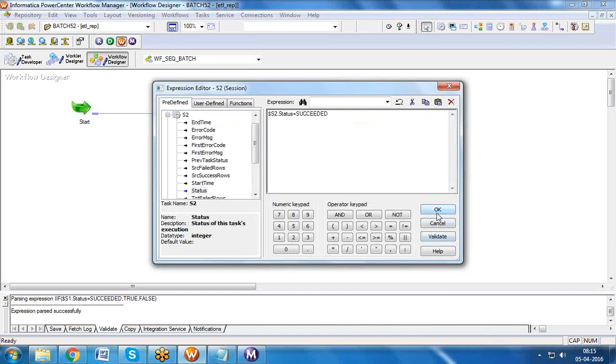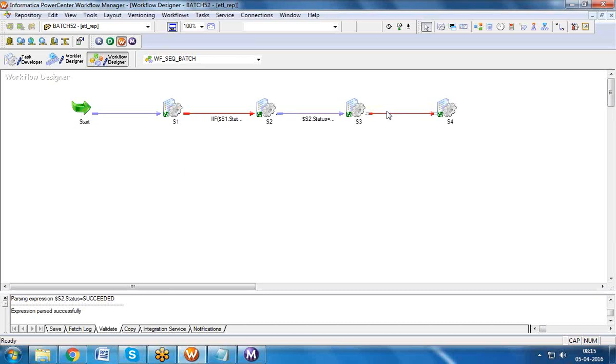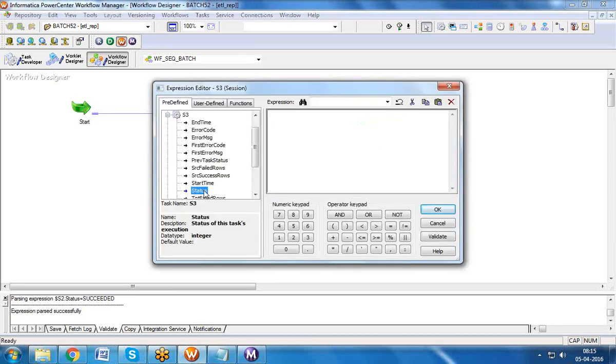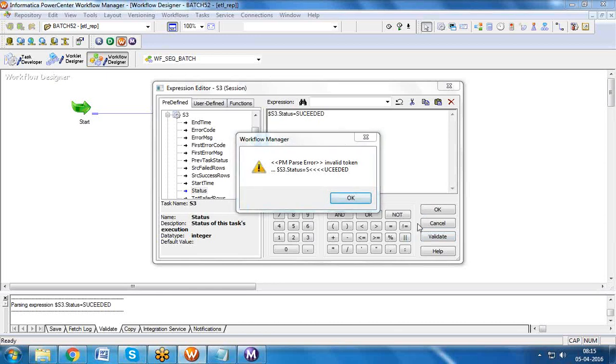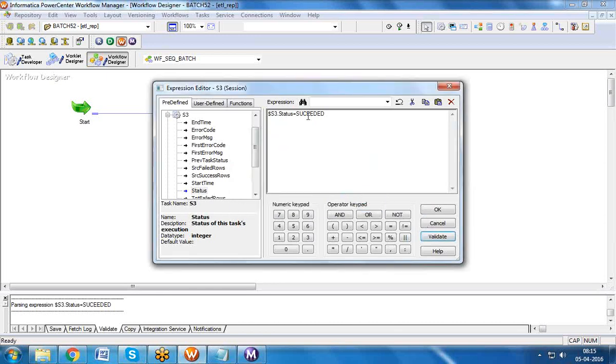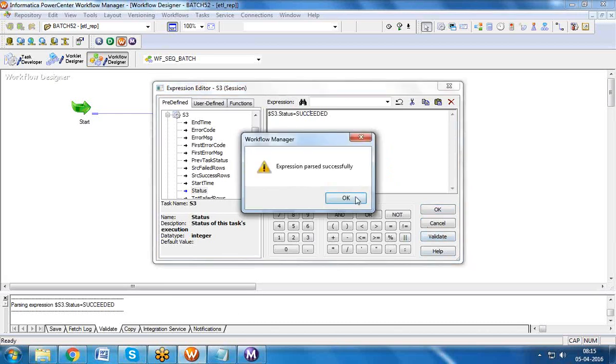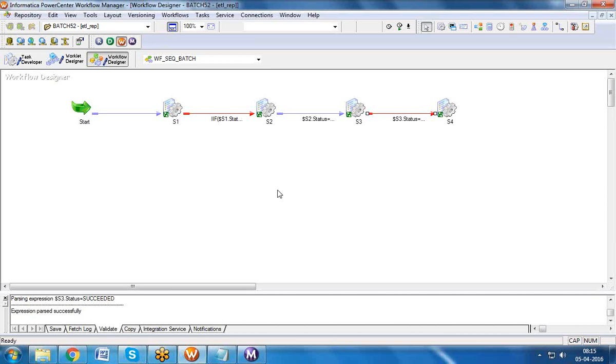How will you configure the dependency on the sessions? The dependencies on the sessions are configured using link conditions.